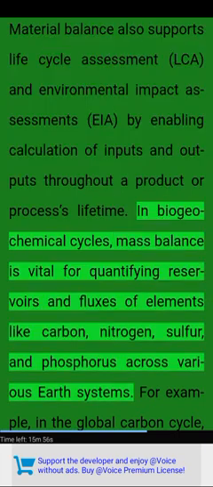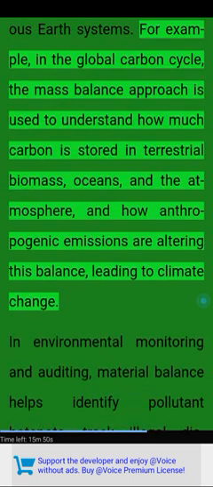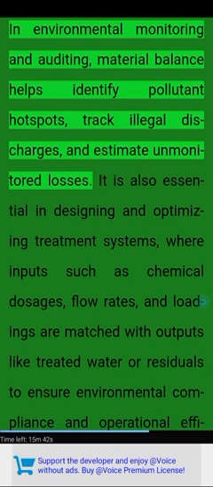In biogeochemical cycles, mass balance is vital for quantifying reservoirs and fluxes of elements like carbon, nitrogen, sulfur, and phosphorus across various Earth systems. For example, in the global carbon cycle, the mass balance approach is used to understand how much carbon is stored in terrestrial biomass, oceans, and the atmosphere, and how anthropogenic emissions are altering this balance, leading to climate change. In environmental monitoring and auditing, material balance helps identify pollutant hotspots, track illegal discharges, and estimate unmonitored